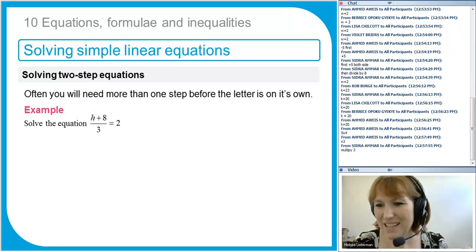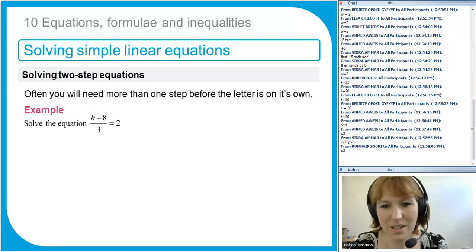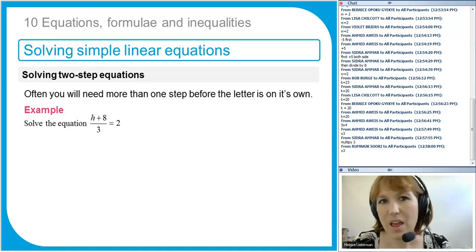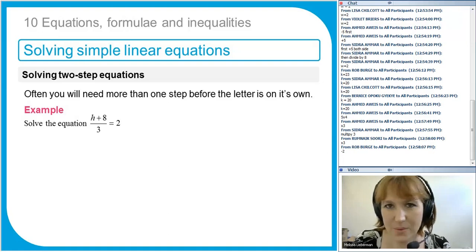Sidra multiplied by 3, Ahmed times 3. Does everyone agree? Yeah, good. We're going to multiply both sides by 3. So this h, if I ever said, right, I think of a number, I add 8 to it, and then